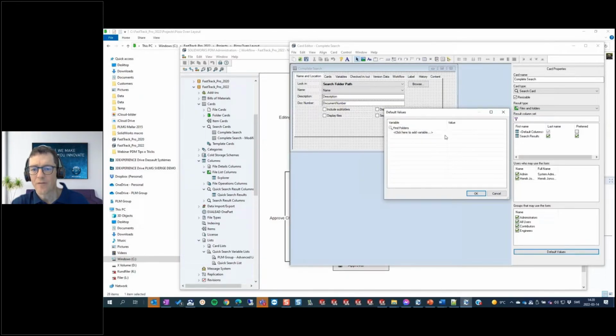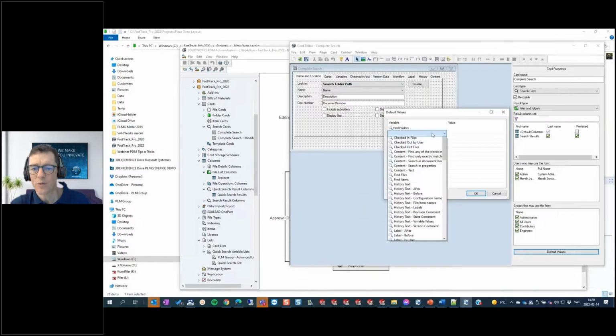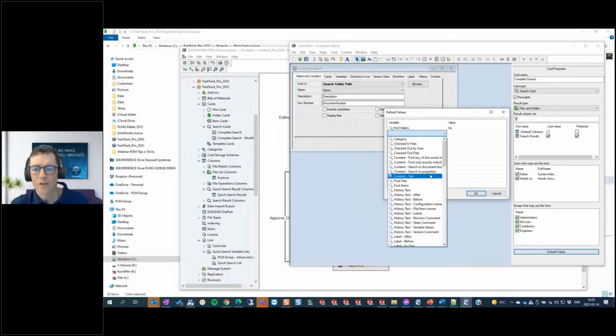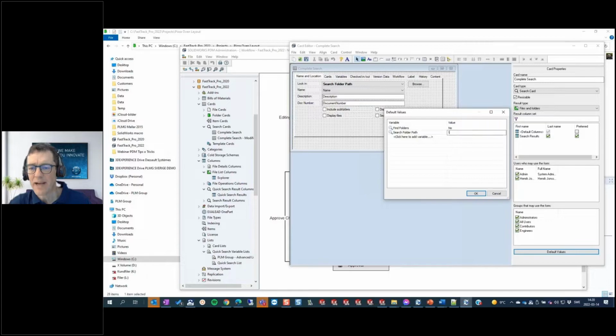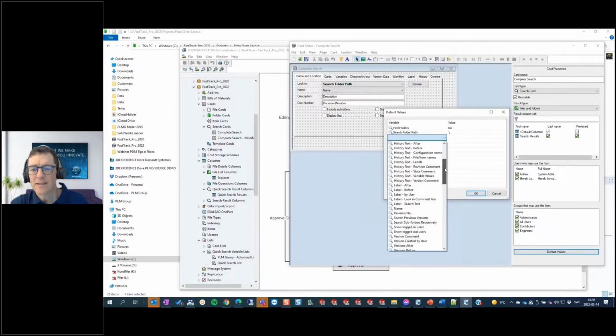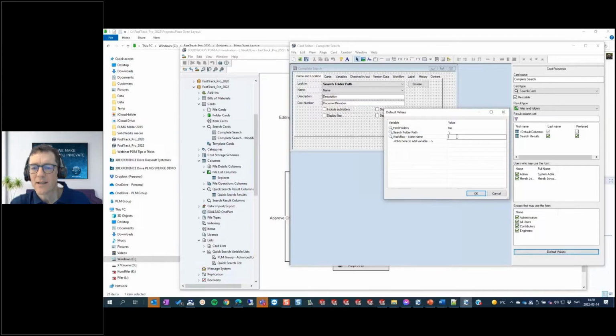I select the find folders. I type no to not display the folders, and go further down to search folder path and just type backslash. That's okay, to start from the vault root. And finally, we want to make this magic special thing to search for documents that are not in approved